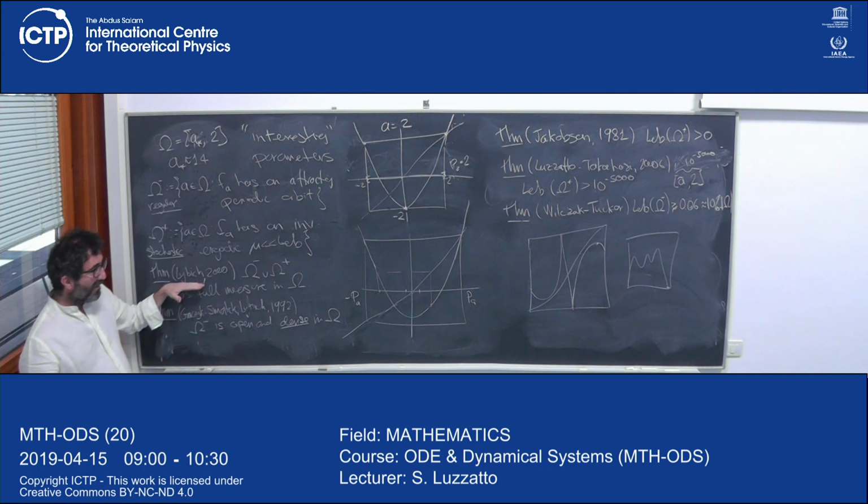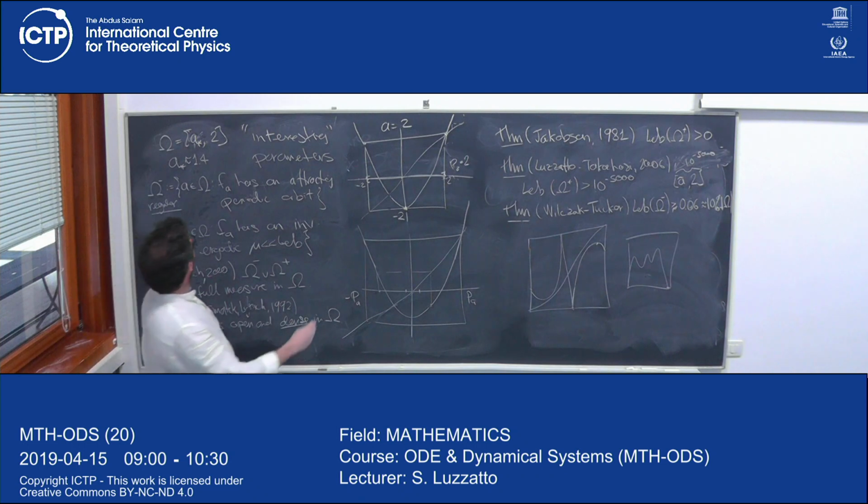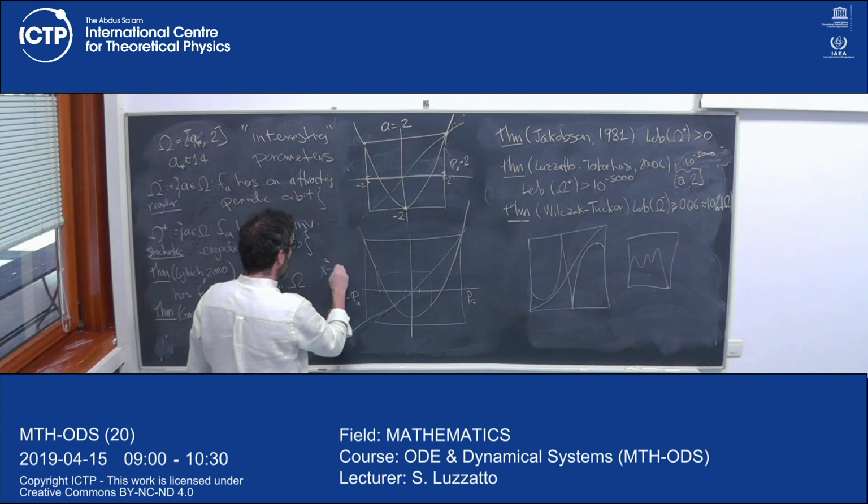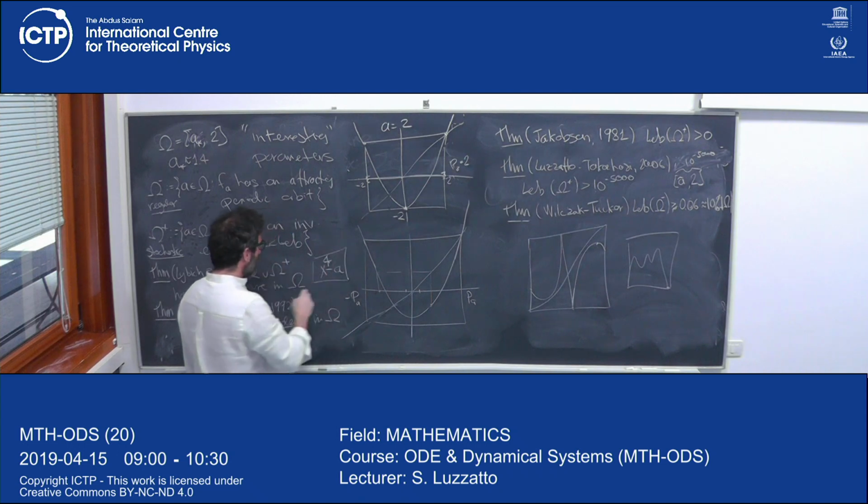But this one is really more challenging, it turns out. So this one is not, as far as I know, I think even for the map x to the fourth minus a, this is not known,